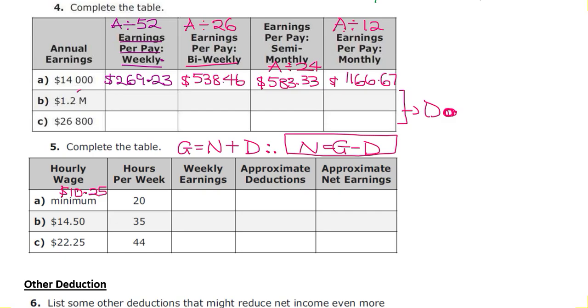I'll just do this: hour wage times hours per week will be equal to your weekly earnings,